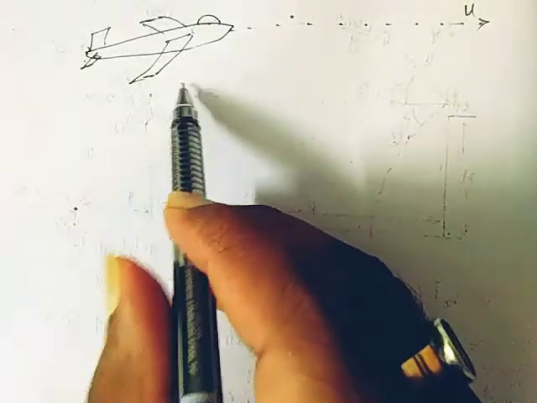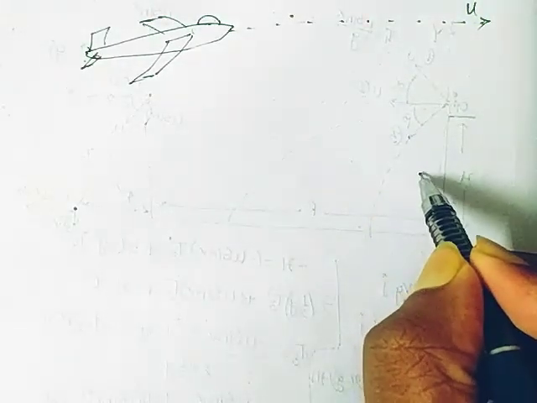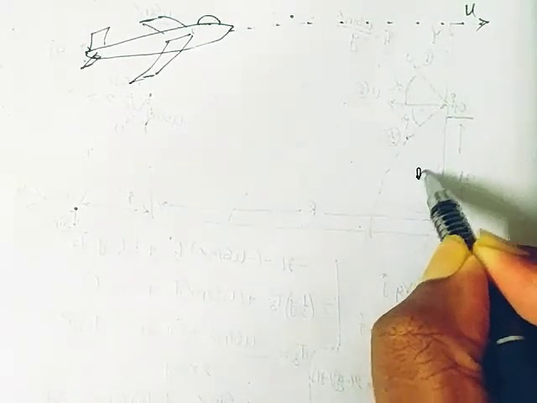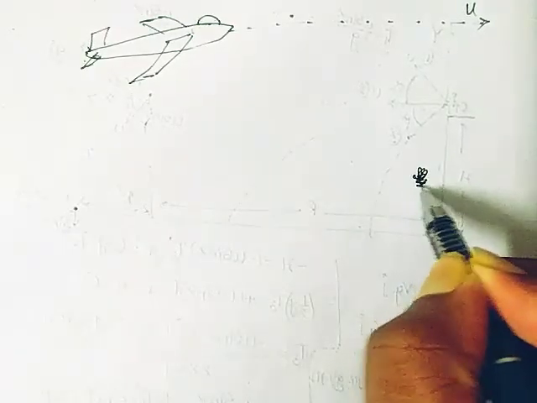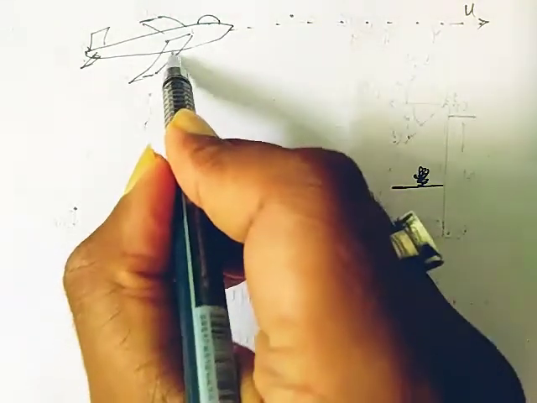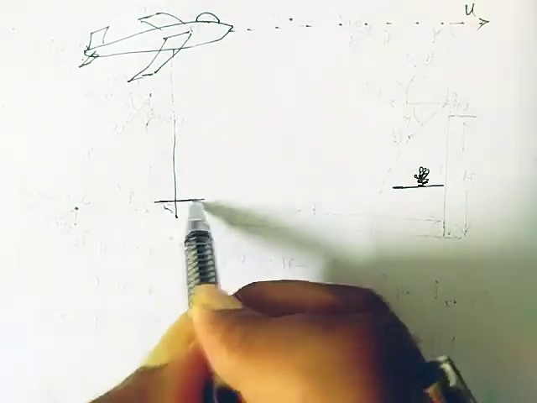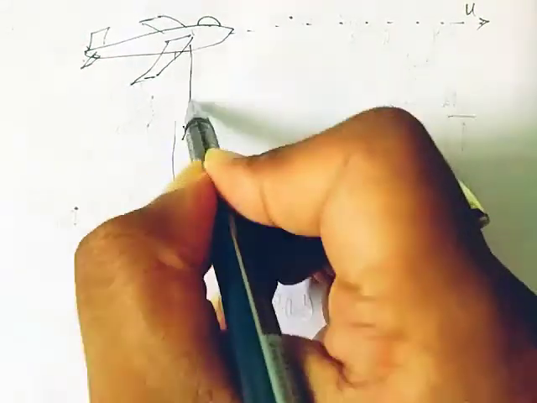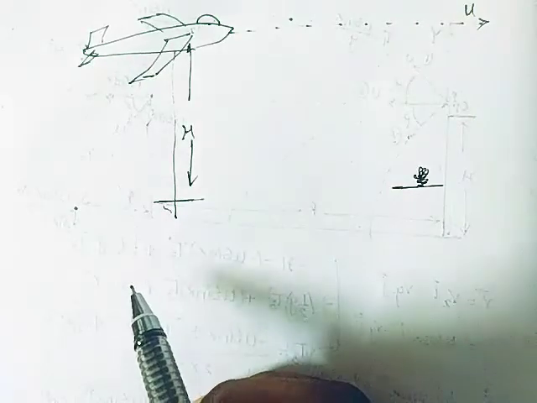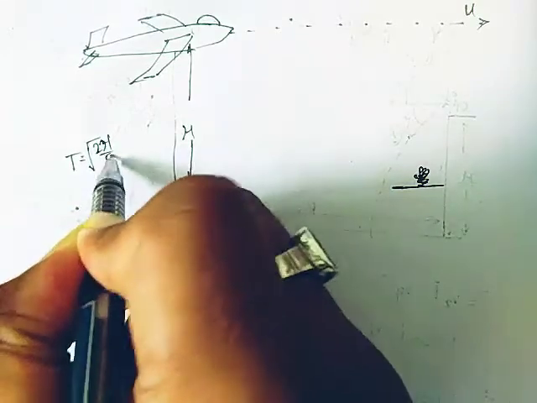Let us consider it is a jet plane. It is moving with the velocity u along this direction. So here it sees a base camp of terrorists. It wants to destroy this. So what will it do? Again it will calculate the height from the ground, capital H, in a similar way, and t equals root over of 2h by g, the estimated time after which it reaches this base camp.